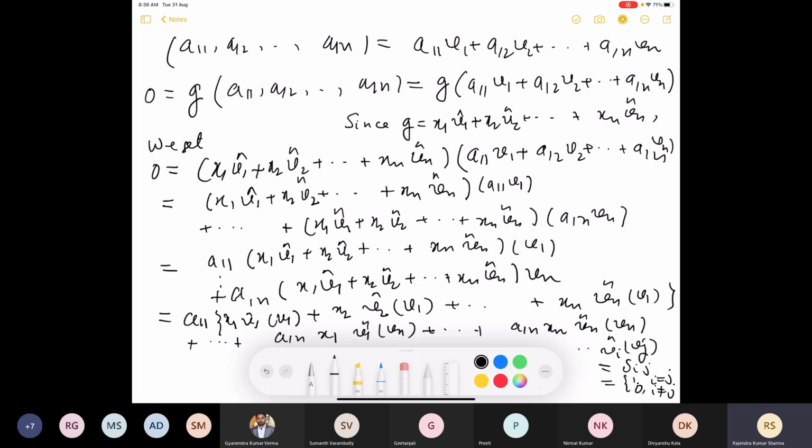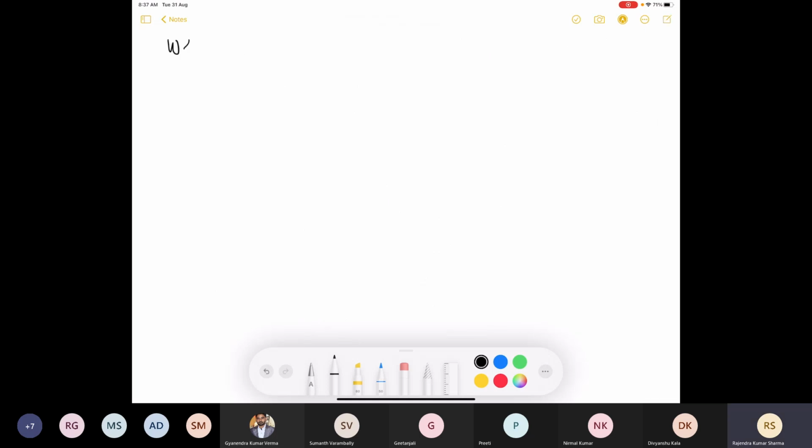The second will have a12 x2 and the rest will be 0. And the last one will have a1n xn, and only this last term will contribute. That's all, and the left hand side is 0. So what we get is that 0 is equal to a11 x1 plus a12 x2 and so on up to a1n xn, which is